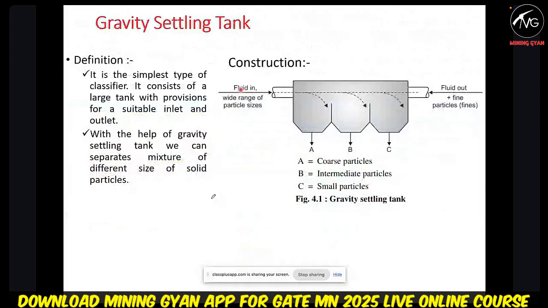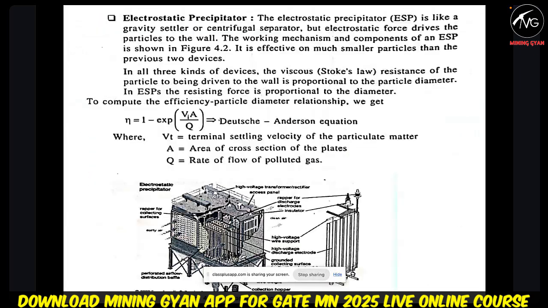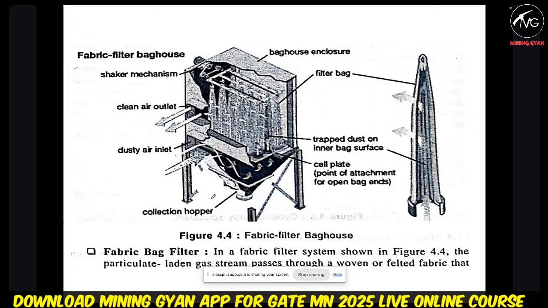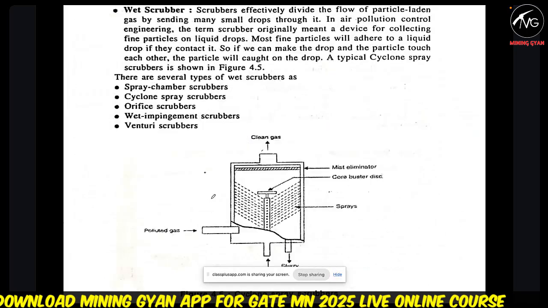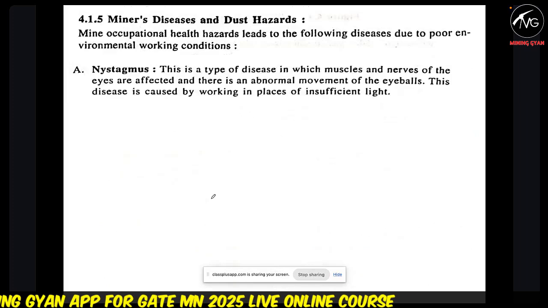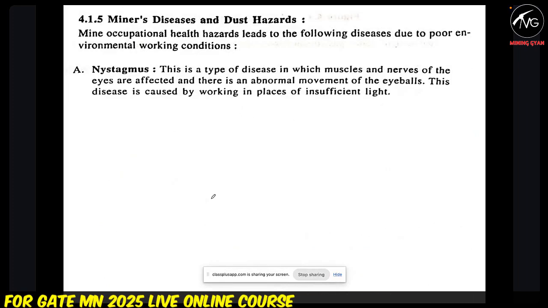Then we have seen the videos related to gravity settling tank and electrostatic precipitator. We have also seen cyclone separator, fabric filter, bag filter, and wet scrubber. Then we have seen the diseases,